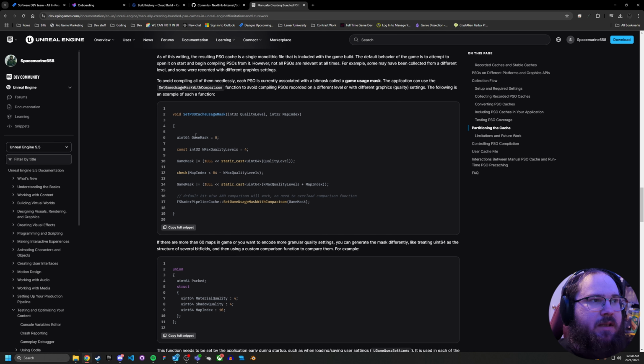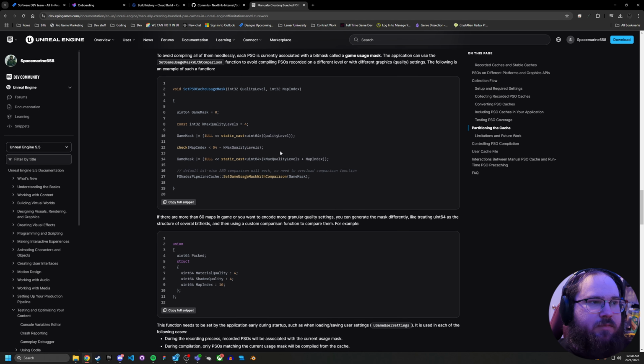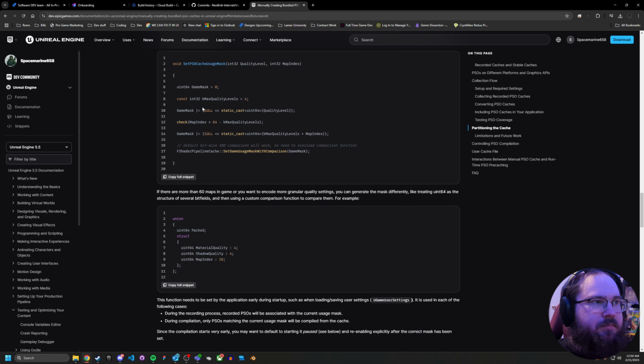So basically, you set the game usage mask with a comparison function rather than recording them on different levels. So basically you do it all at once. As you can see here, it goes into that PSO and makes it a little bit easier to break it down